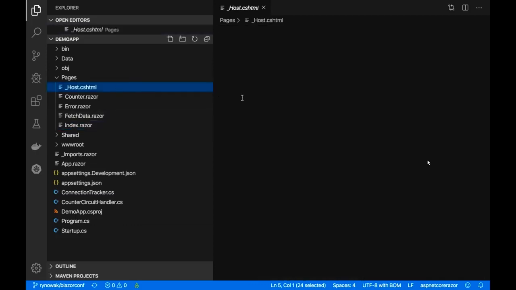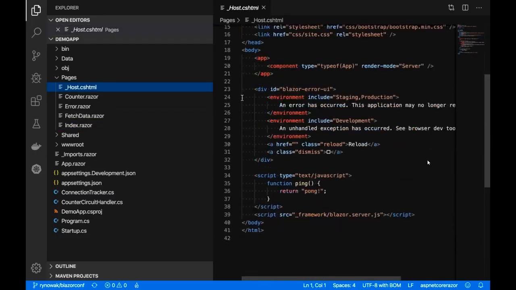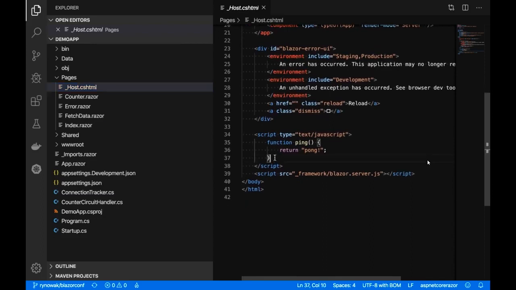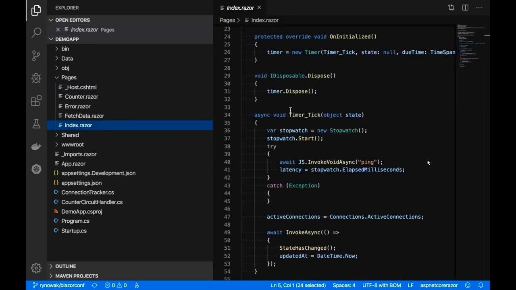If we flip over to my page where this is my host page, this is all it takes. This is all it takes to measure your latency to your server. So this page is just going to, in real time, every couple of seconds, update and show you what your latency is. As far as measuring the number of active connections and being able to track the active connections, we